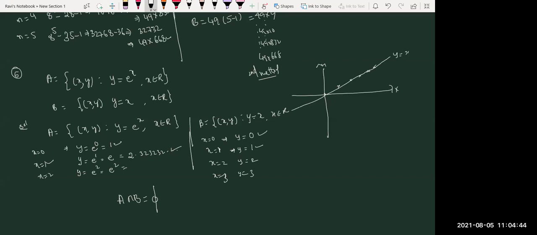Next, y equal to what is given here now? One more function, e power x. When y equal to e power x, when x is 0, what is the y value we'll get? 1. Y value 1 means from here it starts. When x is 1, y value will be 2 point something, right? It will go on increasing. So that's why the graph of this function will come like this.